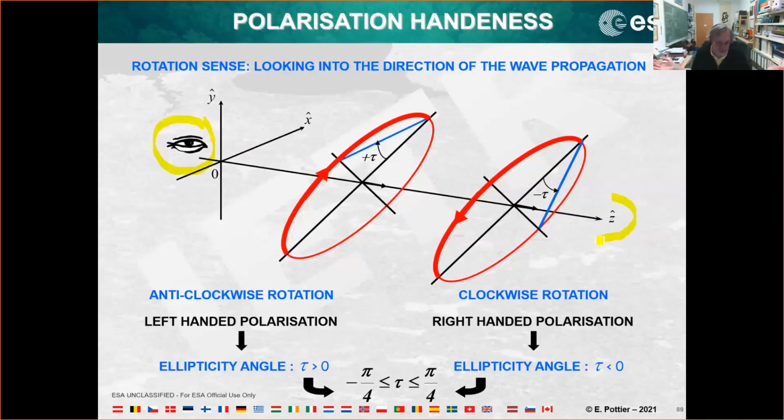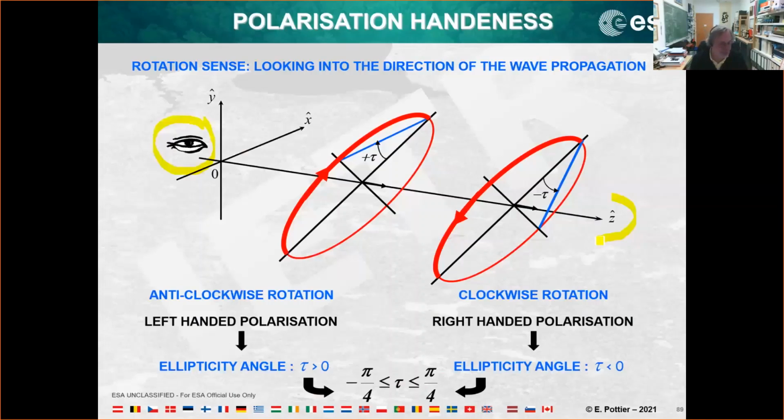So you understand immediately that we have a total disagreement with our colleagues from optics on how to define the sense of polarization. If I define a left-handed polarization, it will be a right-handed polarization for optics. If I define right, it will be a left. So sometimes it's very difficult to interact with our colleagues from optics because we have a totally different definition of the polarization. Well, anyway, it was just a story.